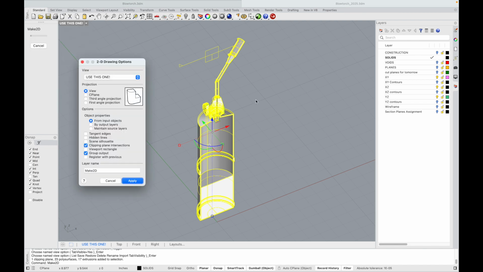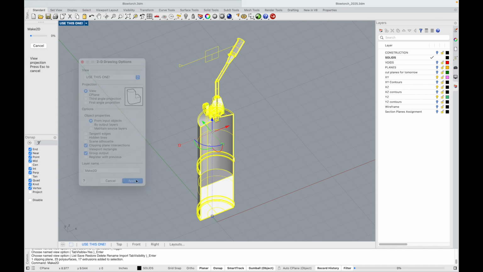So this options box is going to come up, and you're going to be presented with a few options. The default option for projection is view, just leave it like that. Object properties, for now, let's just leave this as input objects. Select the clipping plane intersections if it isn't selected already, and select group output if it isn't selected already as well. And I'll explain what that means in just a minute. So if I say apply,